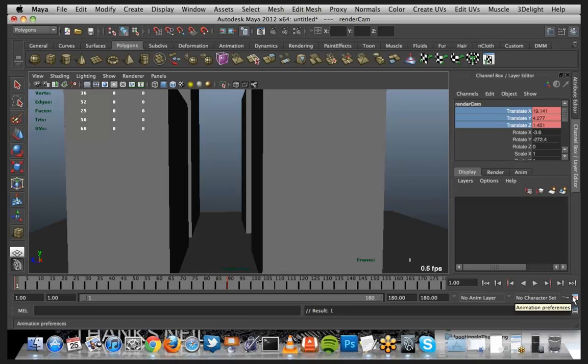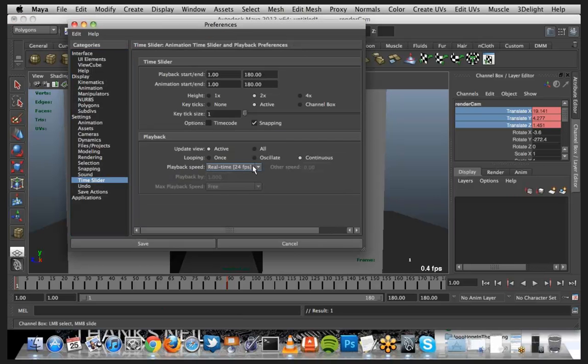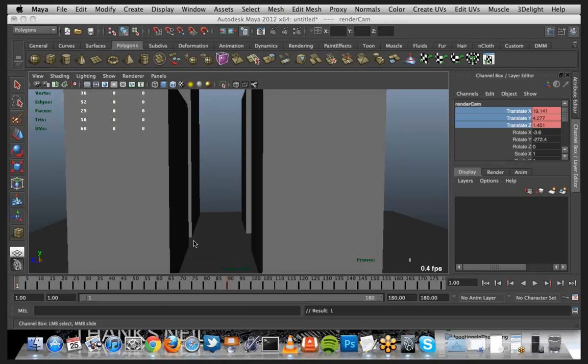Oh, and yes, we need to talk about playback. So inside of Maya, we can access our animation preferences. This little animation box right here. Punch that guy. Up will come. We have different playback speeds. Yours may be set to play every frame. If you're set to that, it can play very fast or very slow, depending on what's going on in your scene. But we would like to play real time, so go ahead and change that to 24 frames a second. Save it up,